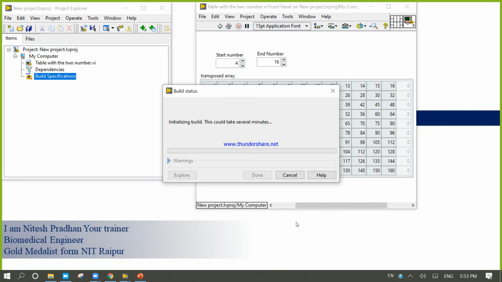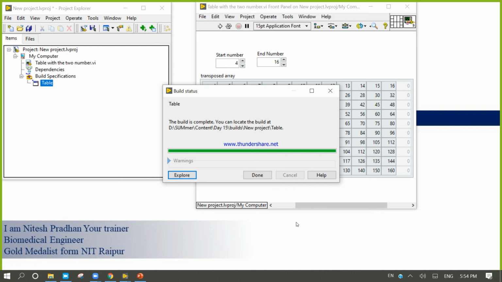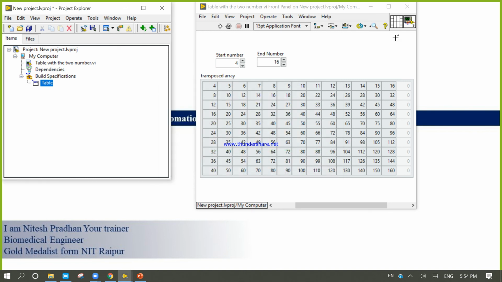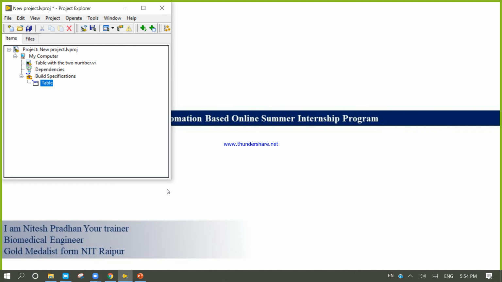If your program is clear and everything is set, you will not find any kind of error, and your build specification will not generate any error. So now done. Close this one.